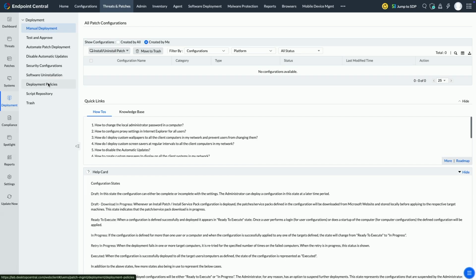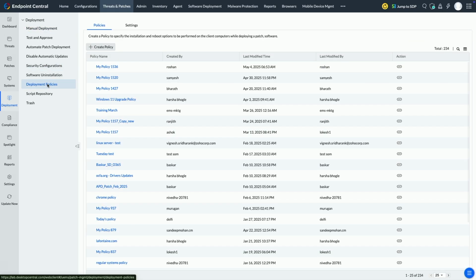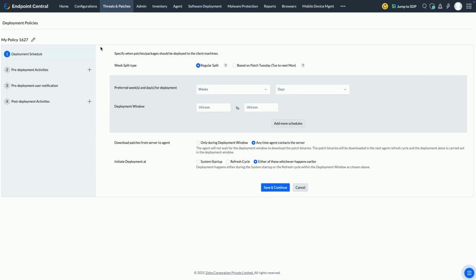Not just that, you have wonderful deployment policies. When I say deployment policy, I'll just give you a glimpse on what a deployment policy does. When do you want the deployment to happen? Do you want it to happen during the first week and the last week? Let's go ahead and select it. Which days of the week? You want to do it only on the weekends? Let's select only the weekends. The time interval, when should that happen? Everything can be customized. So I'm not going to give you a detailed product walkthrough here, but these glimpses, I'm sure you can understand and relate. Every pain point of yours, we listen to customers and we customize our product to meet your requirements, right?